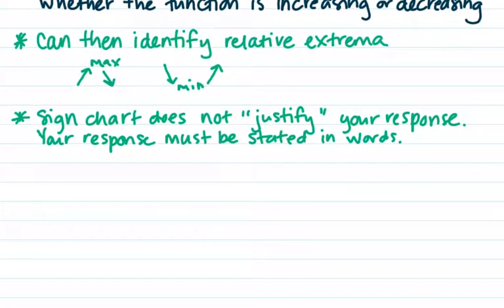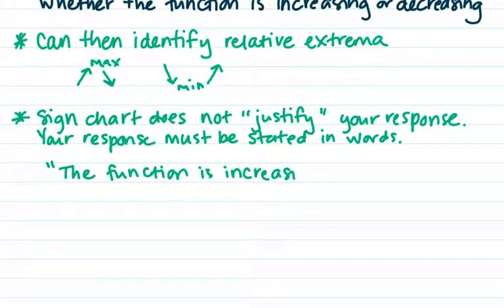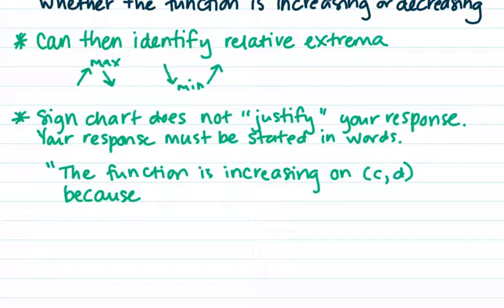Okay, and again, this isn't brand new, but just as a reminder, you might say something like the function, and you don't have to write this down, I'm just giving you an example. The function is increasing on C to D, and then you would state because